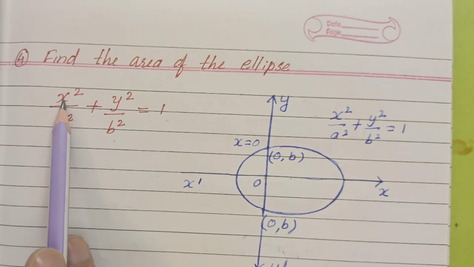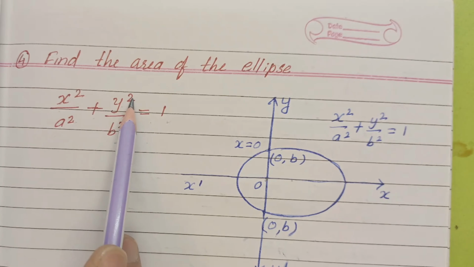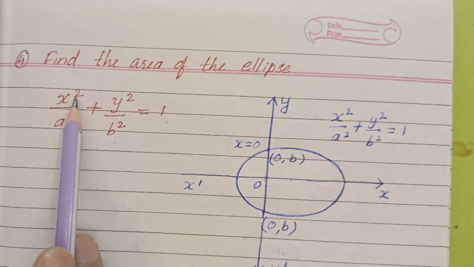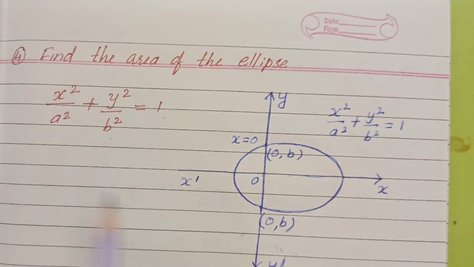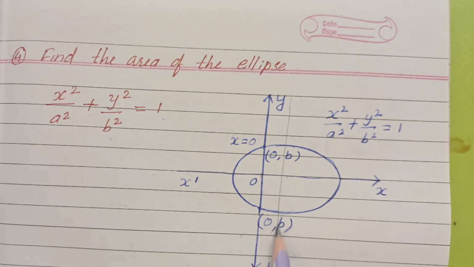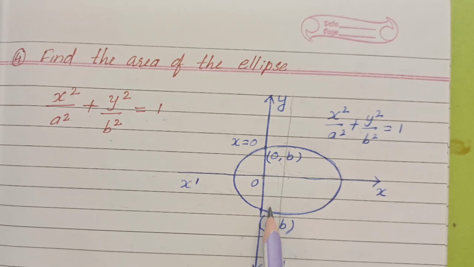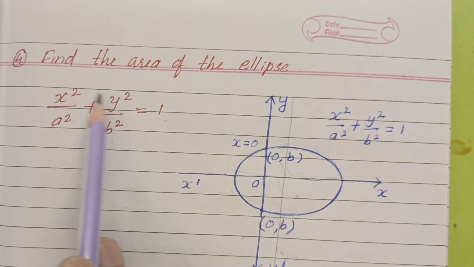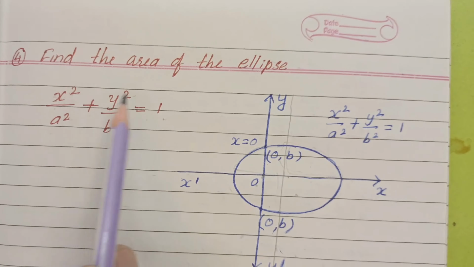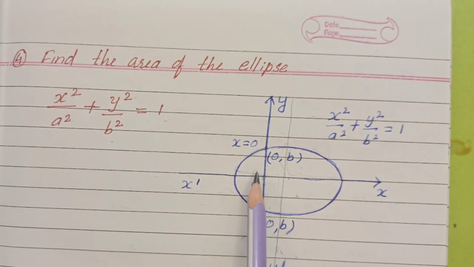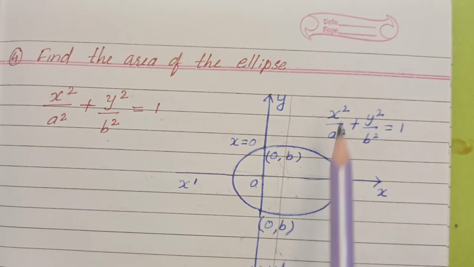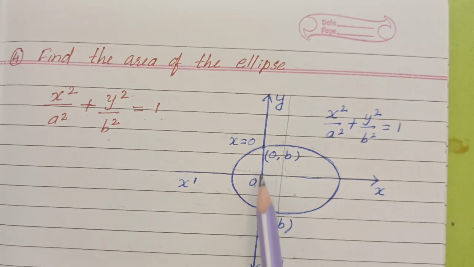Because if there are numerators with the same squares, I mean to say the same power, if it is having x square and y square with the same power, then this graph would be from the center, and this arc and this arc would be the same. All four would be the same if these powers are the same. It might be any power, and if it is the same, then obviously this would be from the center, not from the side like I made. So you can understand what I meant. So if the powers are equal, then obviously their arc sides are also equal.